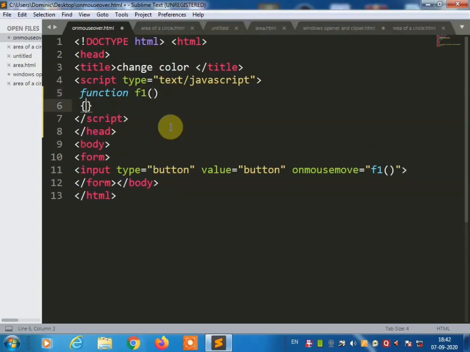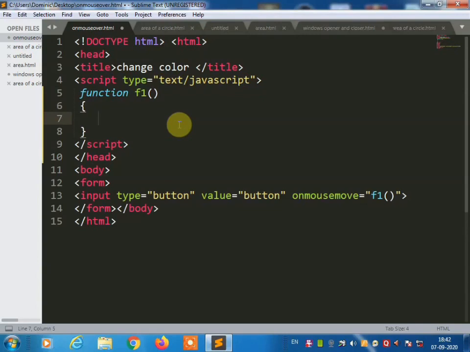Then use the curly brackets, and here we can write document.bgColor equal to whichever color you want. If you want red, then red.